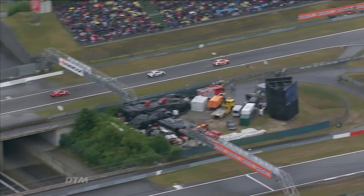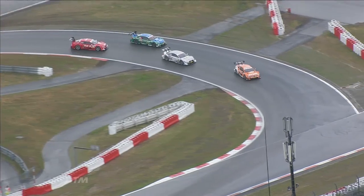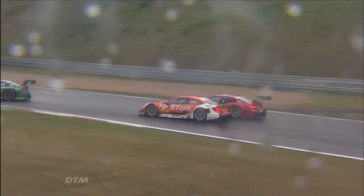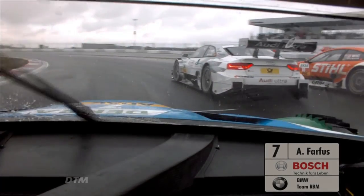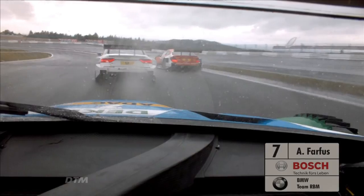Tambay was in the heat of the action for quite a while. Finally picked up the 6th place. Wilkinson going past Molina. Molina picking up 3 points today. Farfus and Tambay there. That's the incredible Wickens move. Definitely